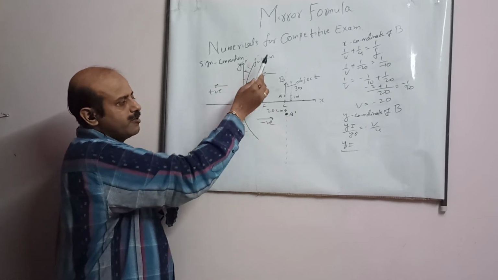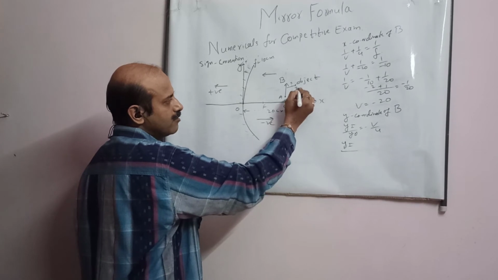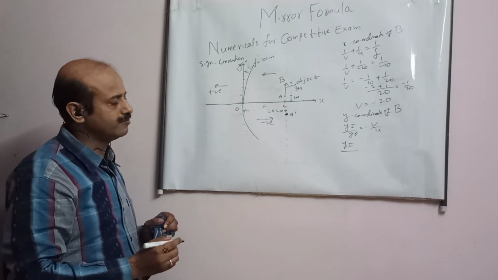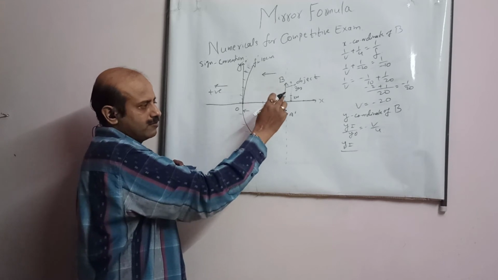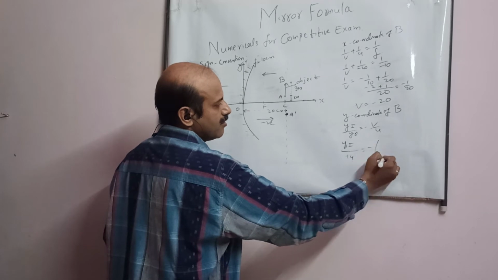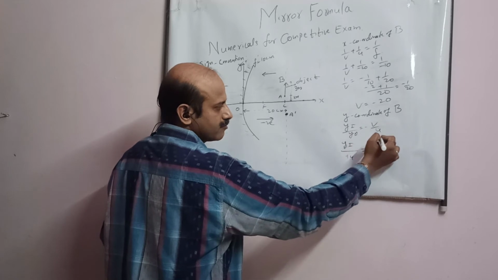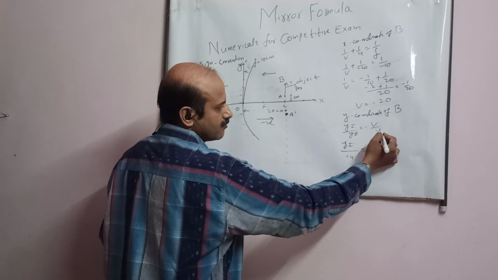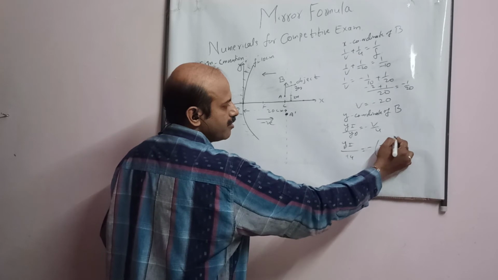Just one mistake, student. Here I have taken unit centimeter, student. So this also you take centimeter, okay? Centimeter, not meter, okay? Unit should be same, student. So its y height is 4 centimeter. So plus 4 I have written here. Minus v is x coordinate, it is same. And the distance is already given in the question, 20.